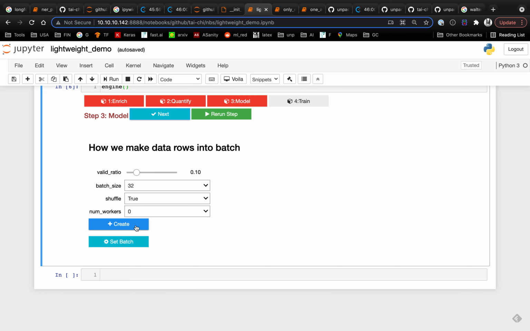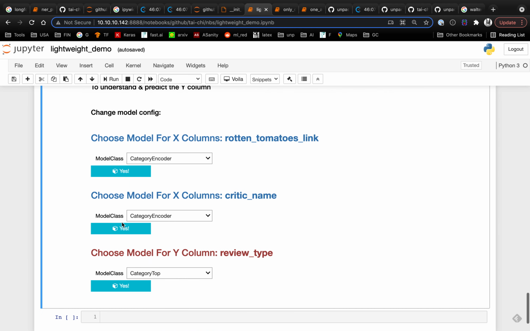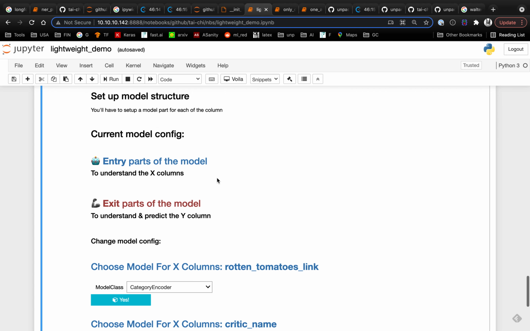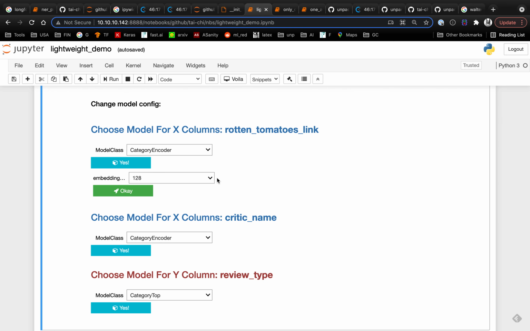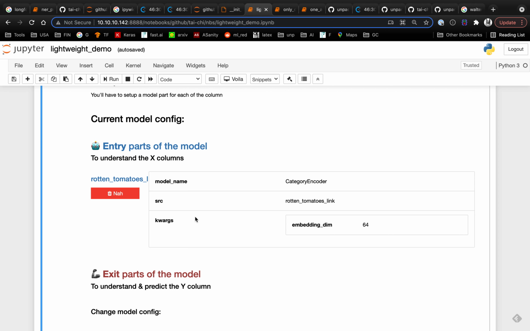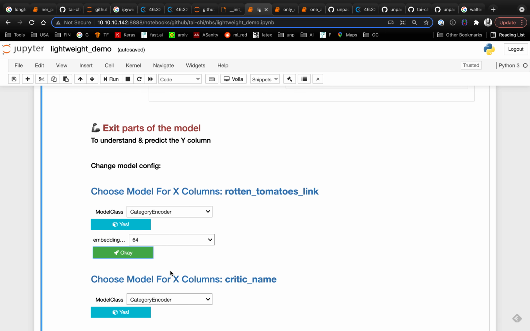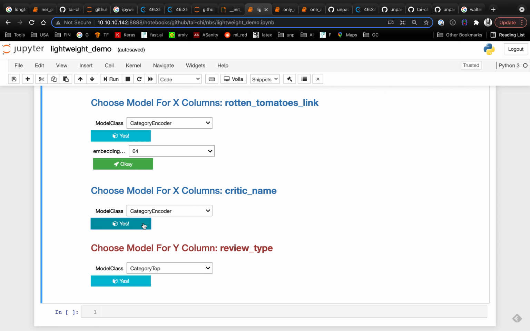This is the model we want to build, and I guess the batch size can be bigger. Yes, and here you decide this is a categorical encoder. What happened? Oh, sorry, the internet is not as fast as I like. And okay, I don't want this embedding size to be so big. I want to save some memory. That's 64. And yes, okay, one configuration here on the entry parser model, and also on the entry parser model,